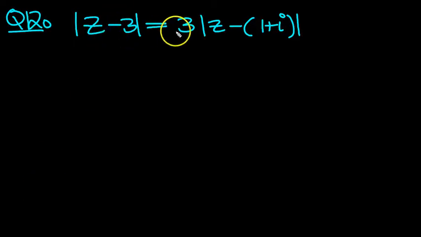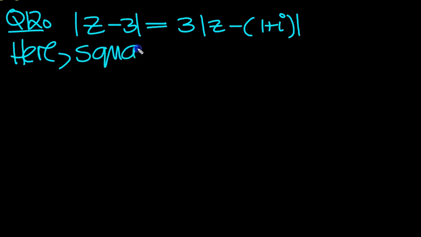Modulus of z minus 3 equals 3 times modulus of z minus (1 plus i). Let's have a go at writing this in Cartesian form then. So here, squaring both sides. So squaring gives,